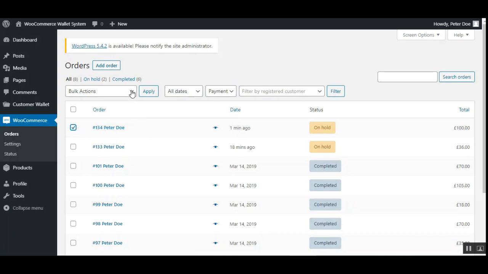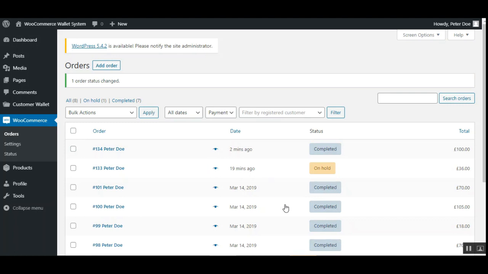So I'll just make use of the status here, and I'll be changing the status to completed after I've received this particular order for the £100. Alright, the status has been changed. Now let's go back to the customer's account,